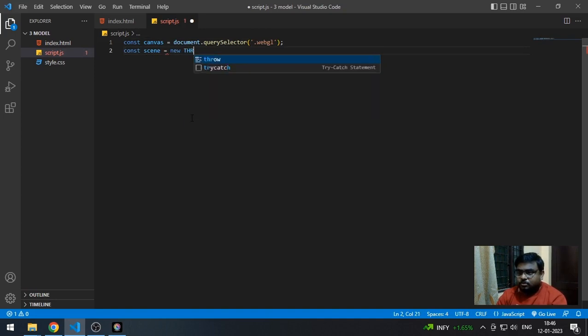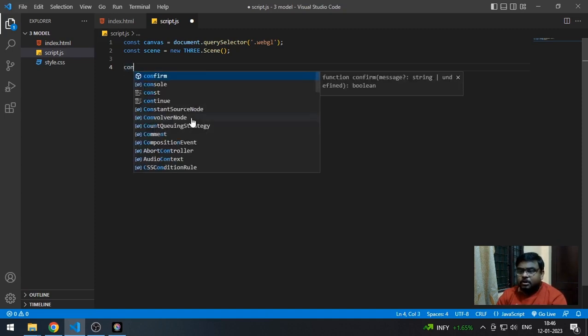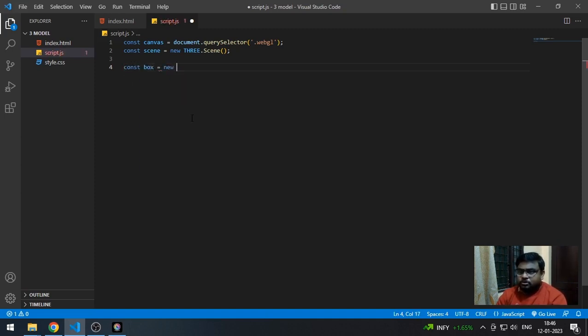So new THREE.Scene, it's a class of 3JS, and now we can create cameras and models. So let's start with a model. So here I'm going to create a box. So new THREE dot BoxGeometry,